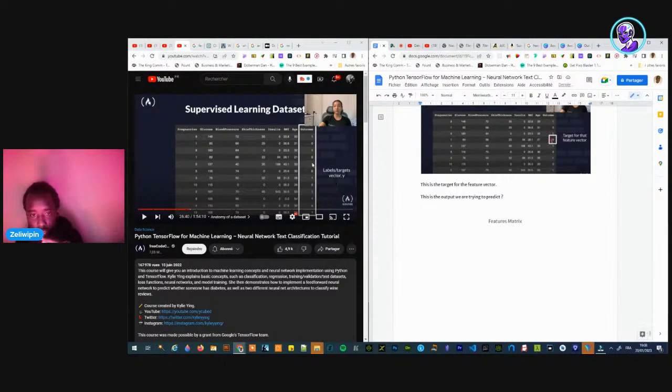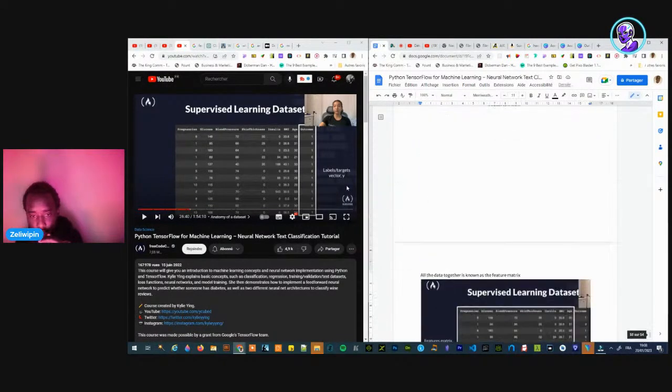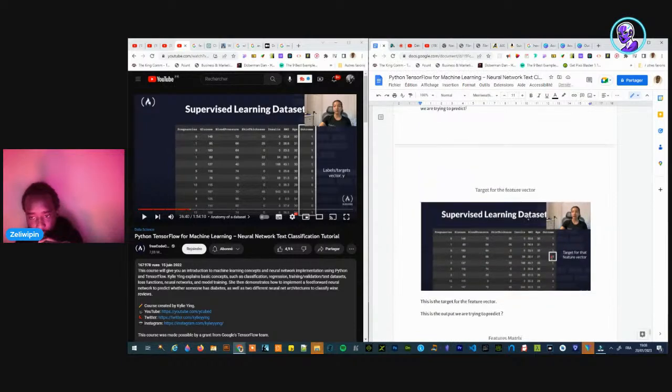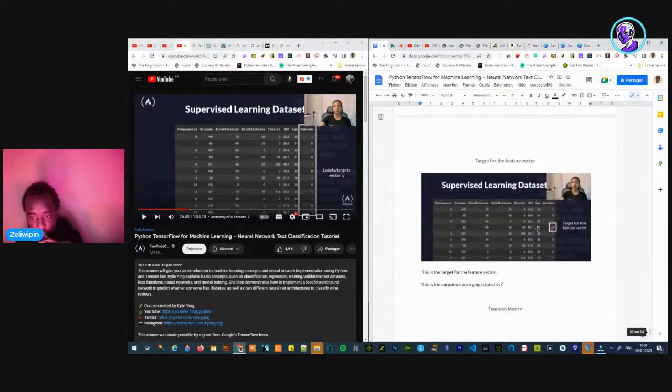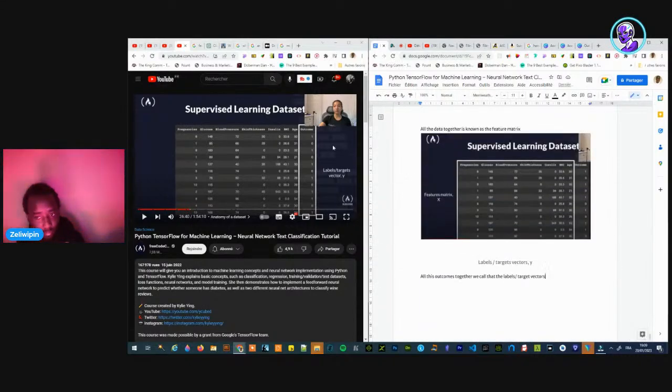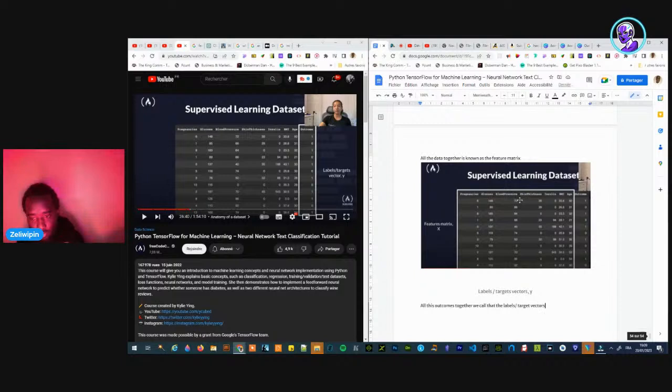One instance of an outcome is a target for the feature vector. The whole data without the outcome is a feature matrix, and the whole data for the outcome is the target vector. Okay, get it.